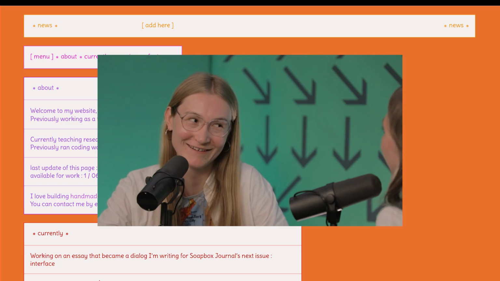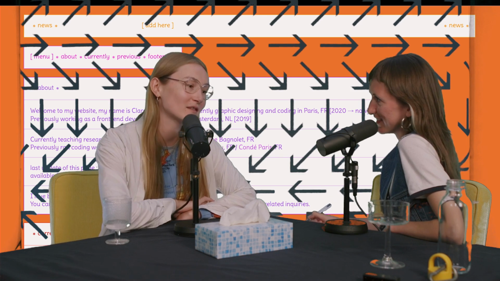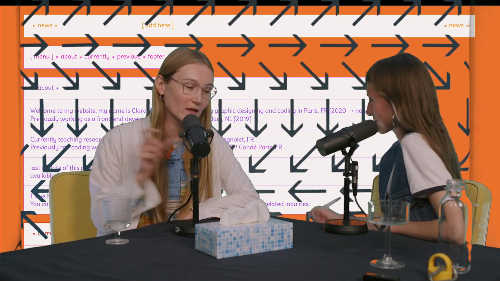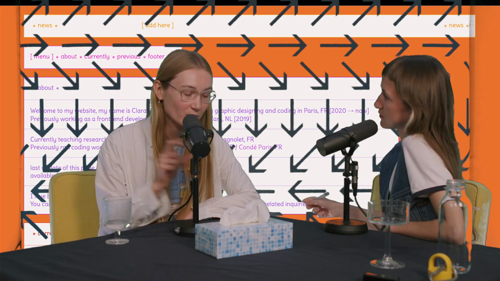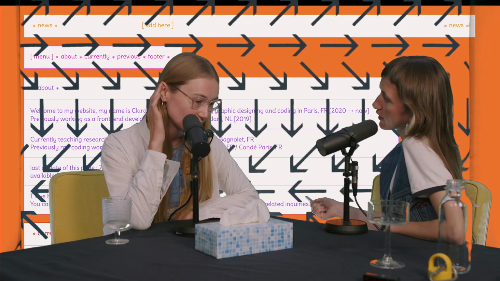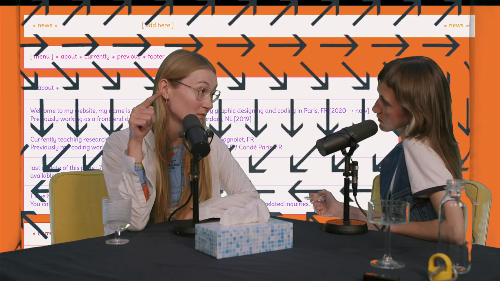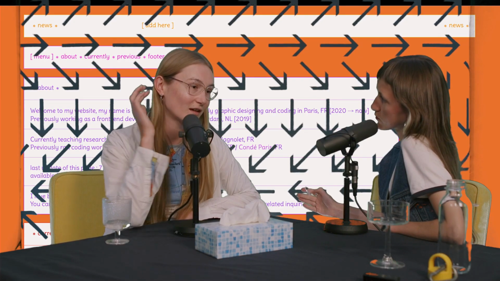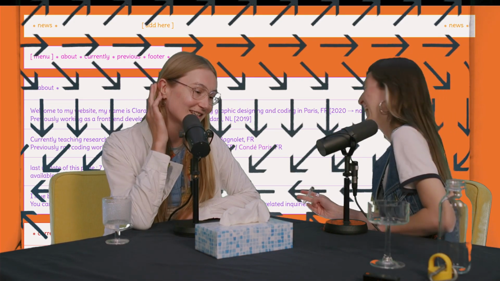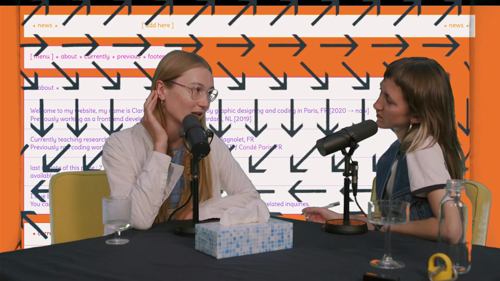I know. I'm not judging you. Headers are great. Yeah, so it has a header which is moving back and forth, announcing the news. But there is no news yet, so it's coming. It has a menu with a scroll too, so it scrolls to the bit. And it also has an about straight away.